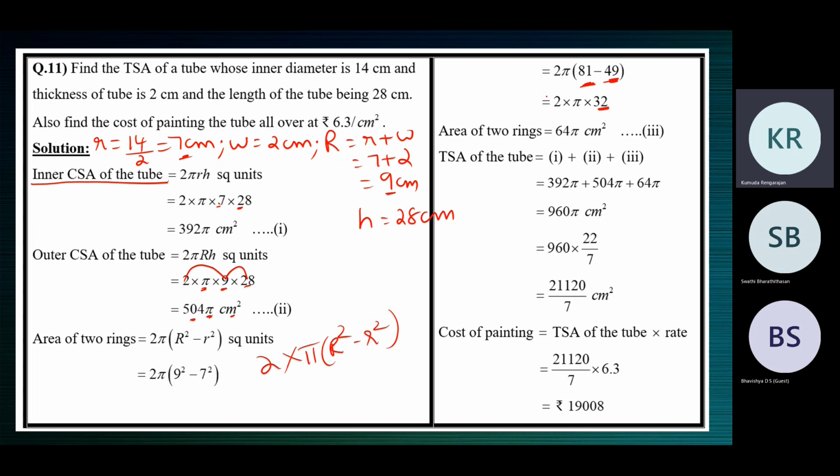So outside you have 2 into pi. Okay, and this difference is 32. So 2 into 32 is 64. 64 pi centimeter square. Now the TSA of the tube, the total surface area of the tube is equal to